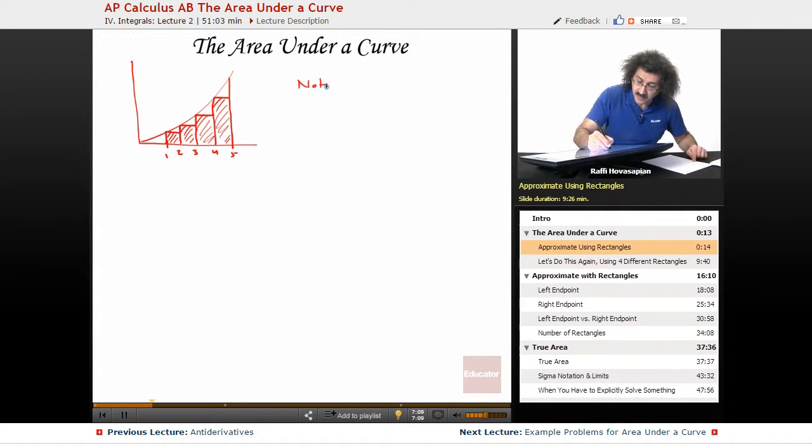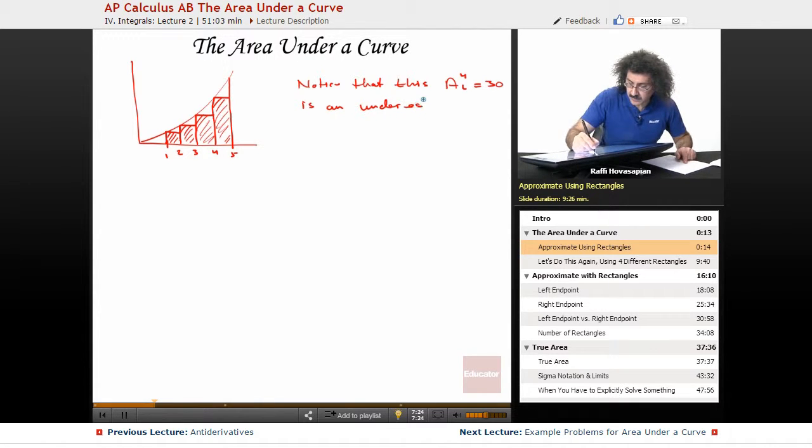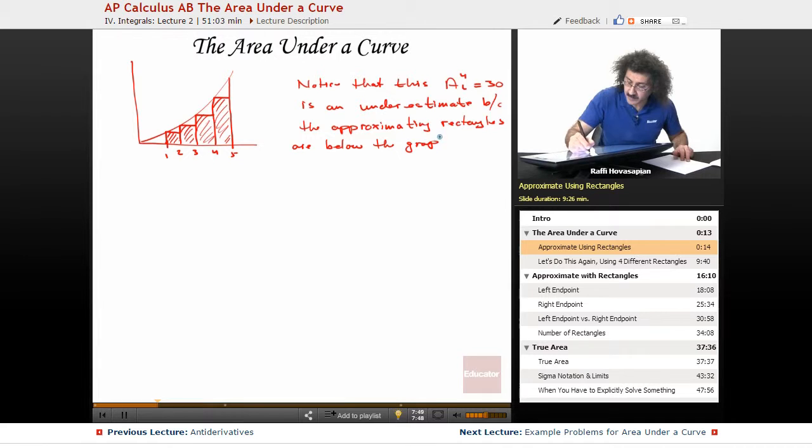Okay, so notice that this A L4 equals 30 is an underestimate, because the approximating rectangles are below the graph. Okay, now,